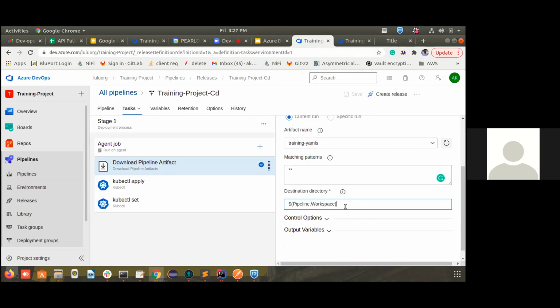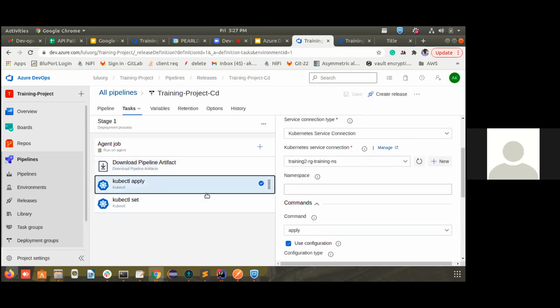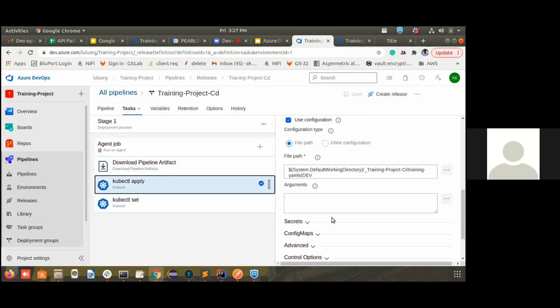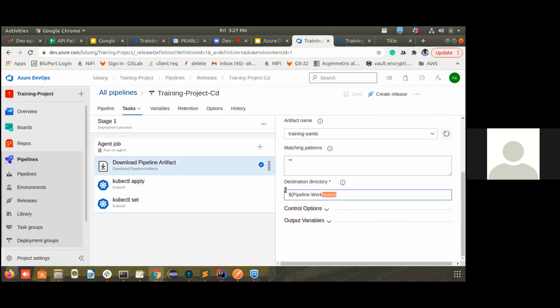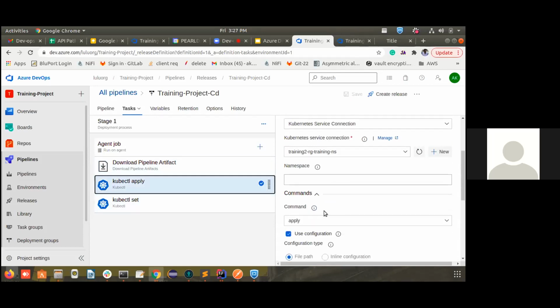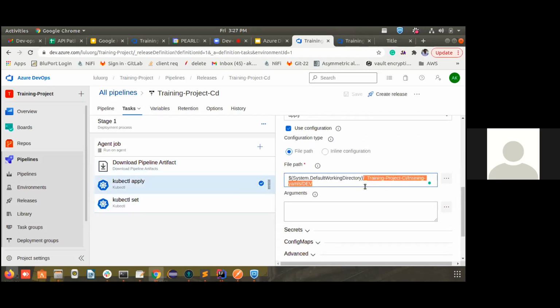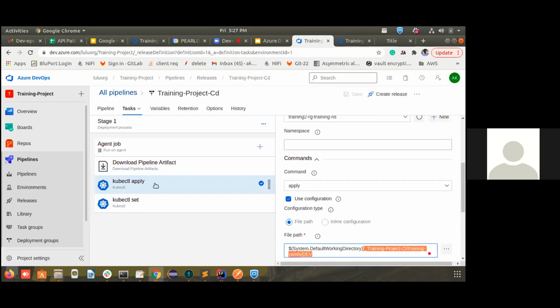So you can mention the destination directory other than the pipeline workspace. You can mention the full name also. That is up to you. You can mention slash my path. Some people do like this. So if you check in U2 reactive and all, you can see something like that. So that is totally up to you. No, the destination directory should be the same. Okay. This only, but yeah, here only we give the particular file path. Yeah, we'll come to that.